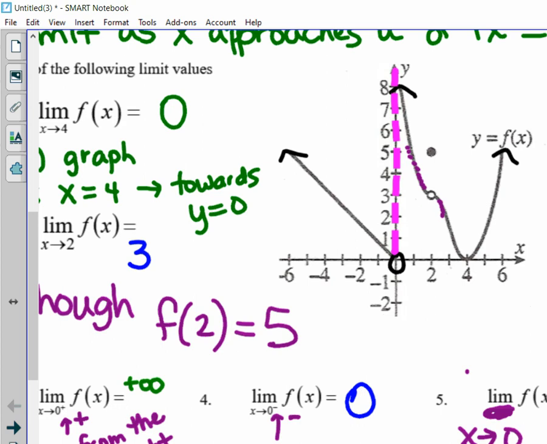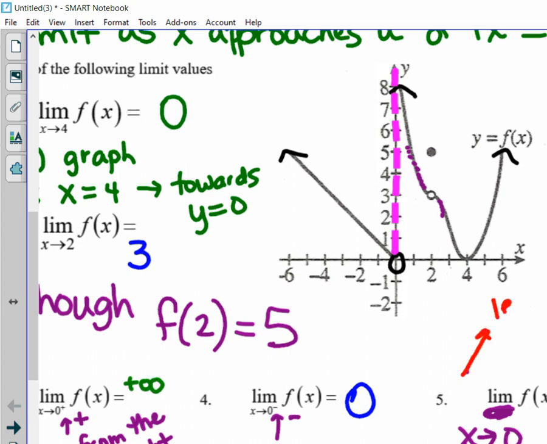So what does that mean for the overall limit? Here's our Mean Girls. The limit does not exist. It does not exist. And the limit does not exist in Mean Girls was a slightly different limit question. But this limit does not exist